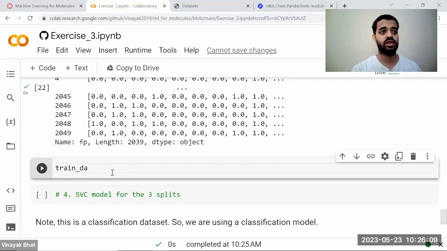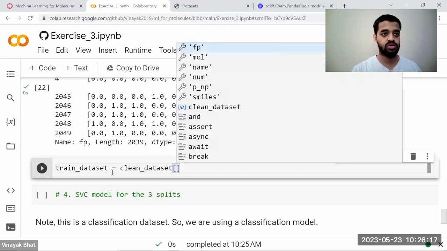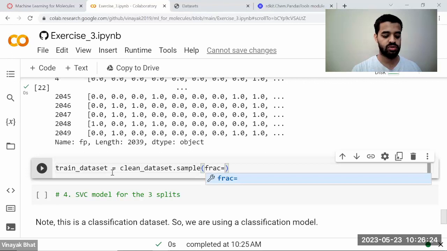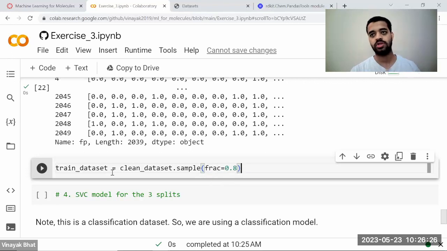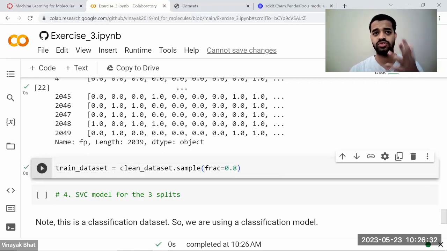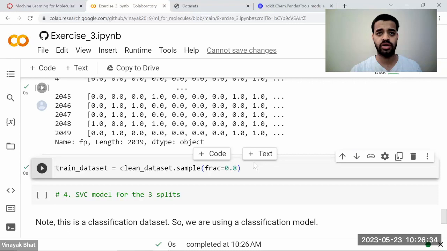So train data, I'll randomly take a fraction of it. So clean data set, I'll take a small fraction. Sample fraction is equal to 0.8. So let me take an 80% chunk of this and call it a trained data set. Okay. And we can even use more elaborate ways of splitting it, but let me just do this. So now,